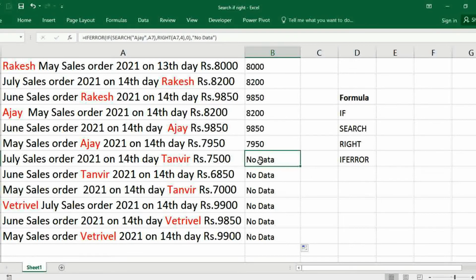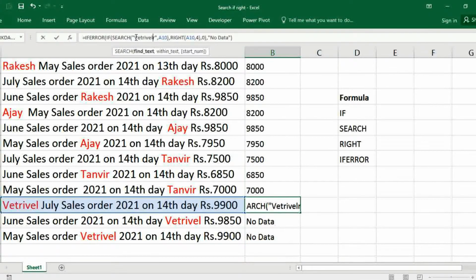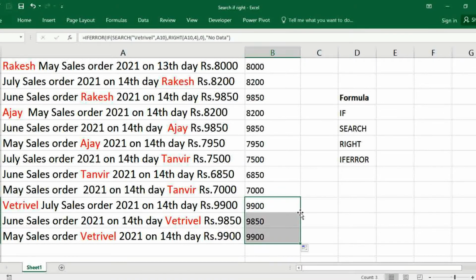We can trace it out as a filter. Here we can use find also, but that is case specific, so we don't want that. We want only search function.